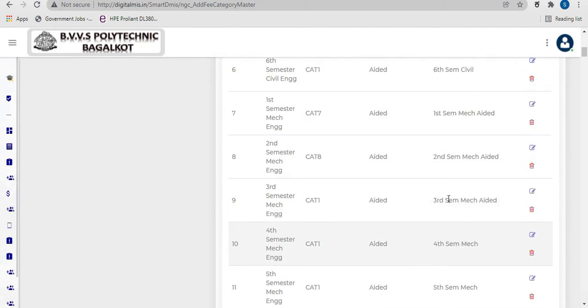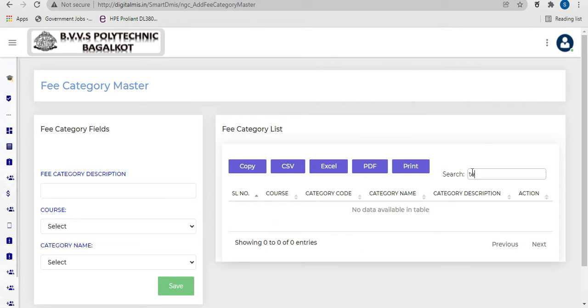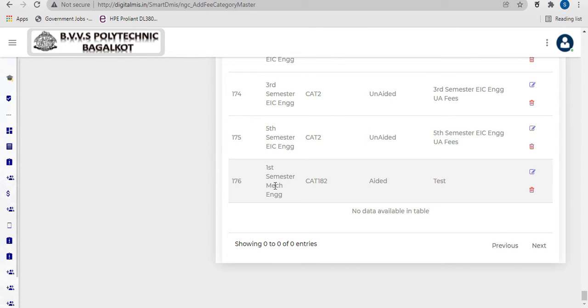If we search for it, we will find it. As you can see here, the saved data is visible: first semester mechanical engineer category 182 edit test.